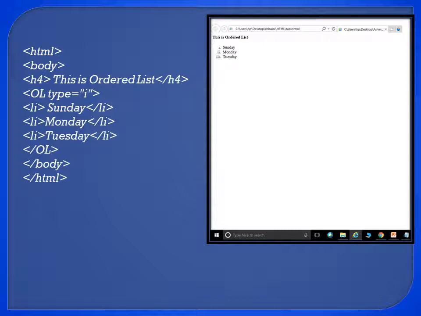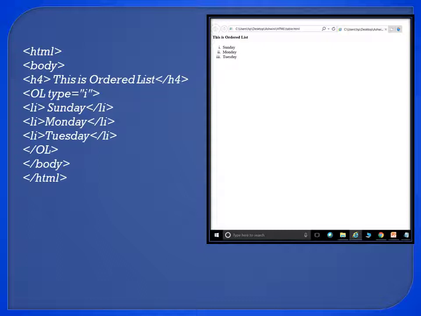Now the ordered list consists of different numbers and it gives the bulleting or the marking. It consists of small Roman numbers, capital Roman numbers, that is lowercase Roman numbers, uppercase Roman numbers, then numbers 1 to 3, then alphabets in both lowercase and uppercase.